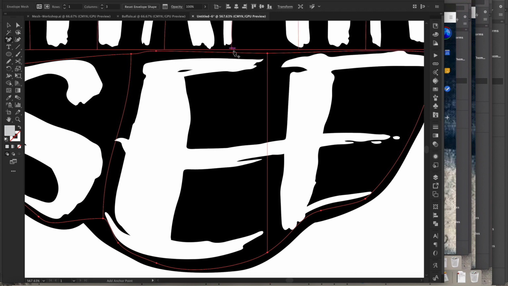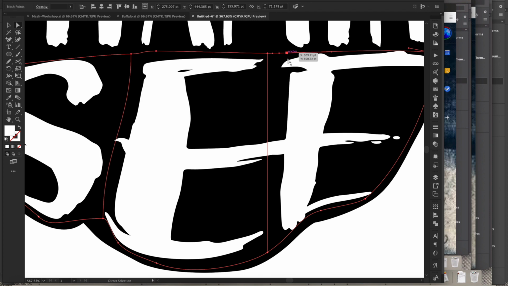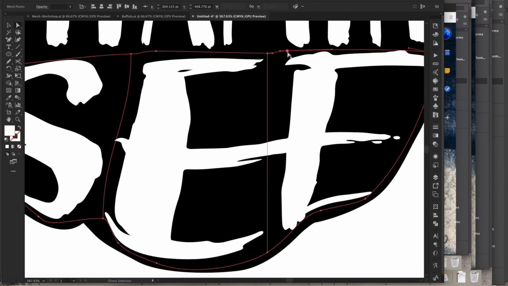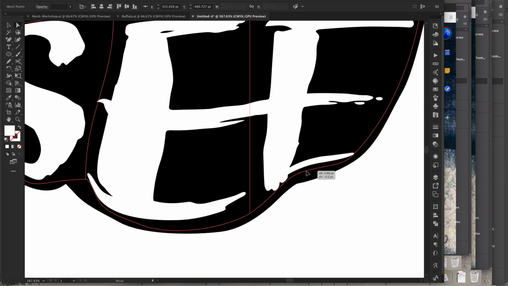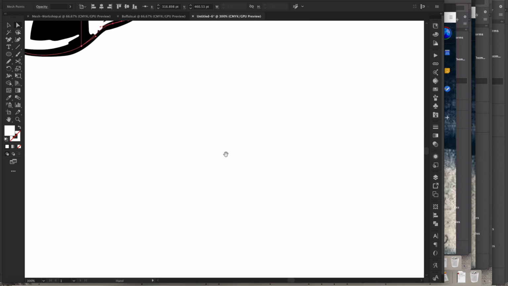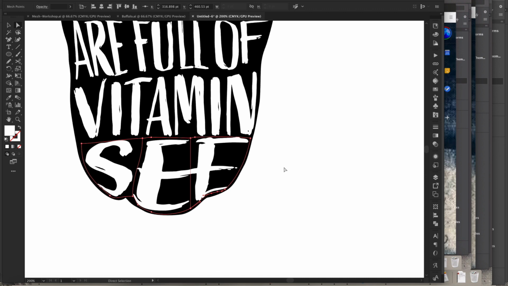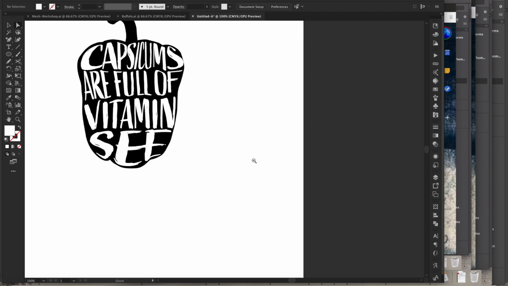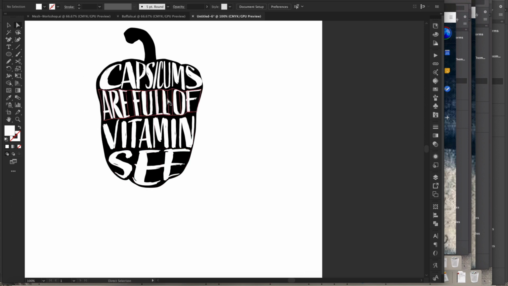Now I can add in extra vector points, and if I just hit A and click on that, I've got a little bit more control in there. So I don't need to add more columns. I can just add in more vector points, which you can see I've done down here as well. So you might want to go and adjust things, like for example, if we have a look here,